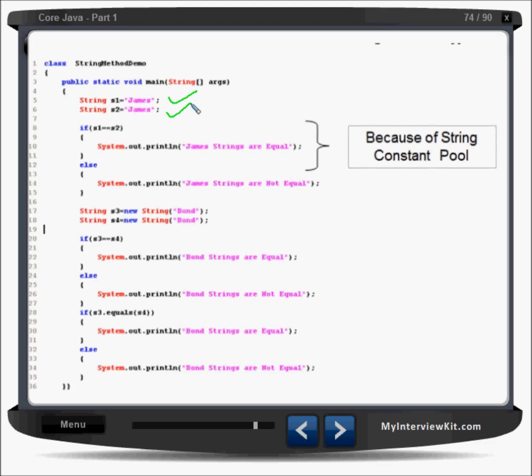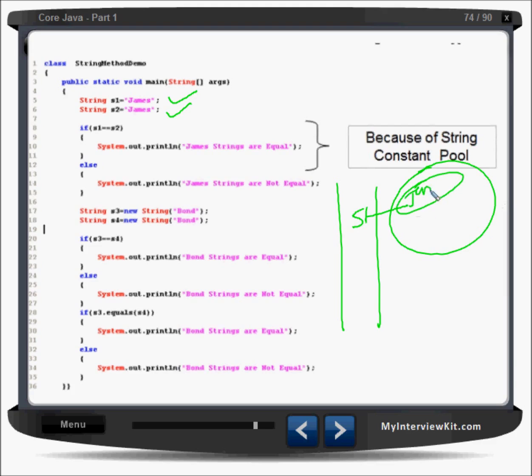So what happens whenever we create one string, let us say s1. This s1 is pointing to the string constant pool where I have the value James, right? Now again I am creating another one, s2. Since I'm just storing a variable, and I'm not saying new string, it will again go to the constant pool.